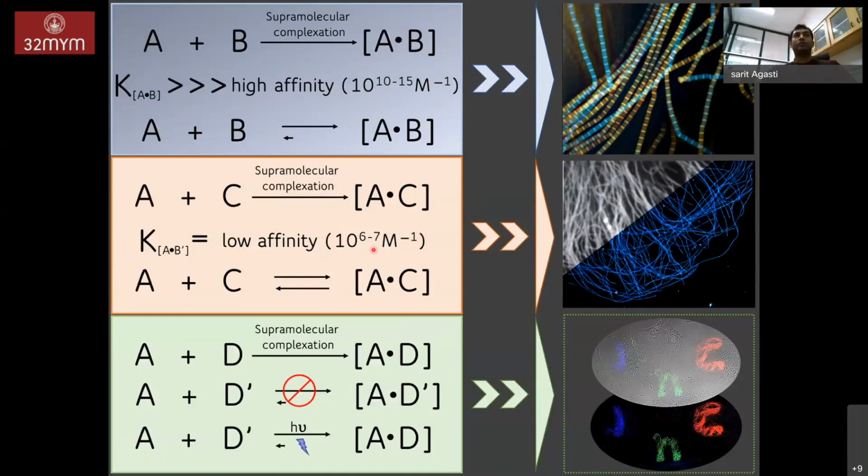The second aspect is that if you decrease the affinity to the range of 10 to the power 6 to 7, you would essentially see an equilibrium between A and C. Right? So there will always be complex formation and dissociation. By observing these molecules forming and decomplexing, you would be able to image molecules well beyond the diffraction limit of light. Right? So here you would be able to resolve these molecules at a resolution of 10 to 20 nanometers using an optical microscope, which we call super resolution optical microscopy.